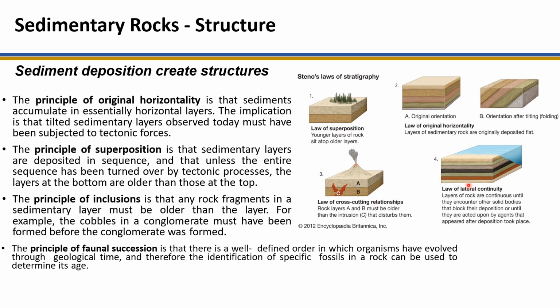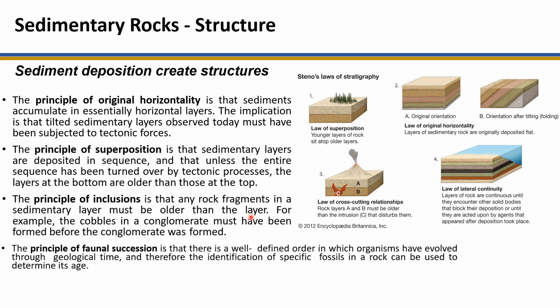So the principle of inclusion is number 3. It is based on the observation that rock fragments in a sedimentary rock layer must be present before the layer was formed or deposited. For example, if you see a conglomerate that contains clasts of granite, you know that the granites must have been formed first before the conglomerate was deposited, lithified, or cemented to form